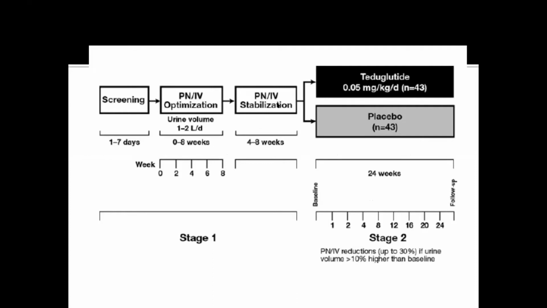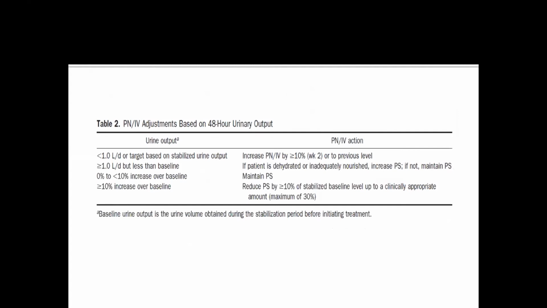They underwent a process of optimization of their TPN over a period of 8 weeks. After their TPN being stable, they were randomized into teduglutide, the glucagon-like peptide analog, and placebo. The dose they use is 0.5 milligram per kg per day, and they give it over 24 weeks period. And they followed those patients every 48 hours by checking their urine output, their serum protein, and their overall nutritional status. If their urine output drops, then they don't have enough TPN. They will increase their TPN, usually volume and concentration. If their urine output is stable, they continue the same TPN.